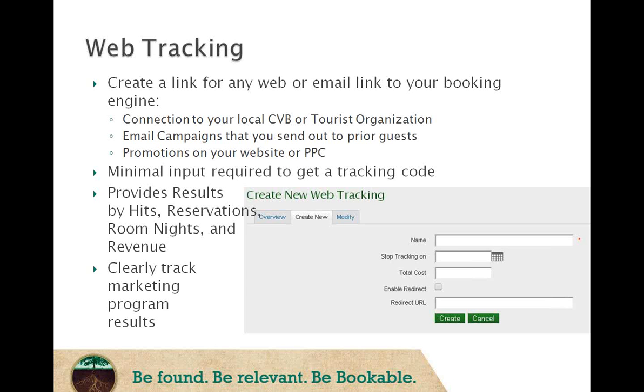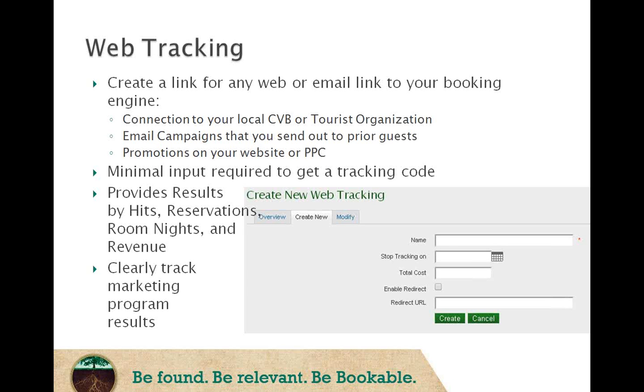The total cost is really not required. It's an option if you have paid for the location in marketing that you're going to put that on, but it's not a required field. And you fill in those boxes and click Create, and it will give you a link, I'll show it to you, that will provide results